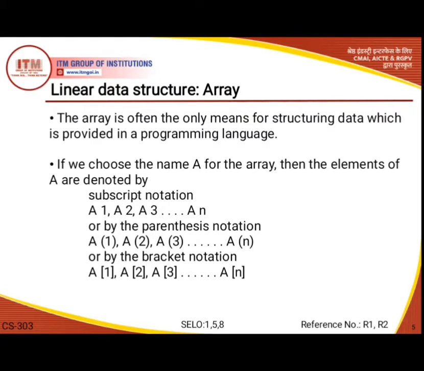A data structure is said to be linear if its elements form a sequence, or in other words we can say that it is the formation of a linear list. Basically there are two basic ways of representing such linear structure in memory. One way is to have the linear relationship between the elements represented by means of sequential memory locations. And these linear structures are generally referred to by the name array.